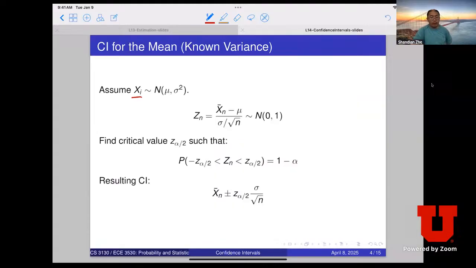So x1, x2, and so on are all IID, and each random variable follows the same distribution, which is Gaussian with mean mu and variance sigma squared. So if we do some linear transform of this random variable,